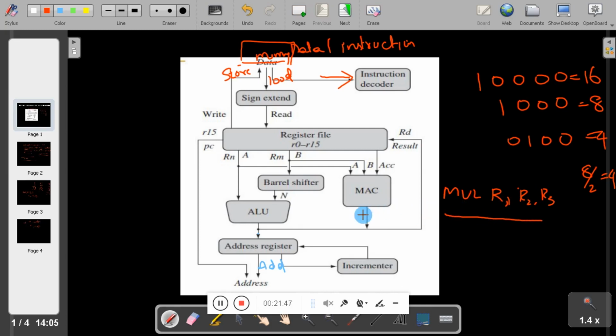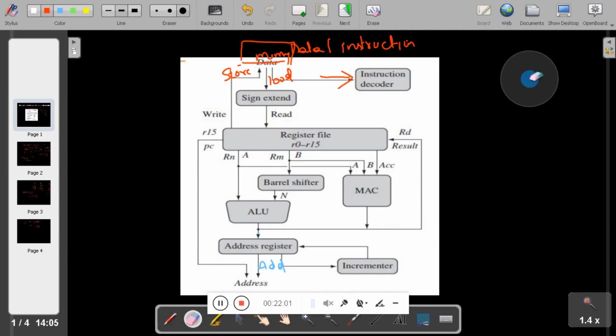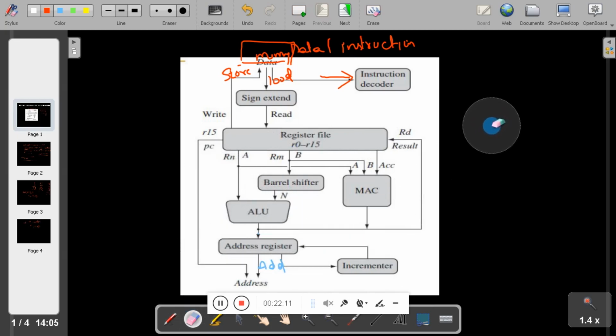Now we will move to the next section, the address register. What is the use of address registers? Address registers are used in the base and indexing method.